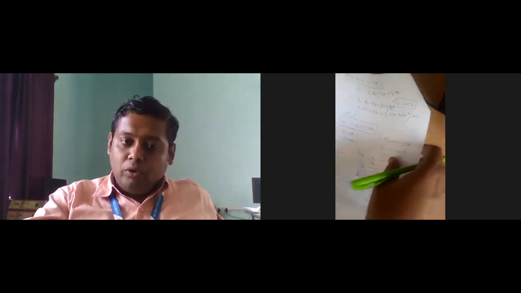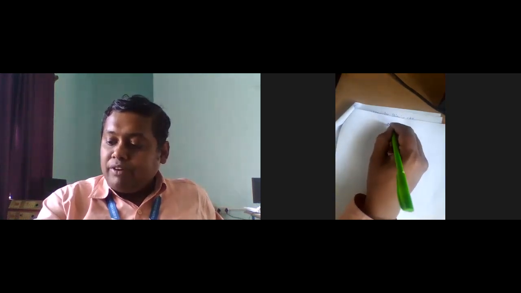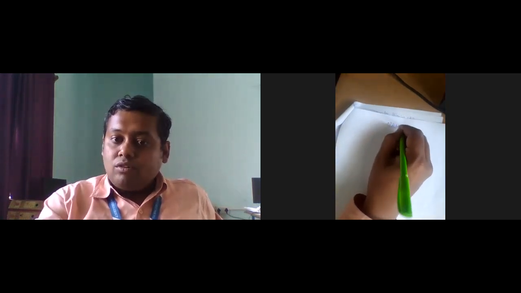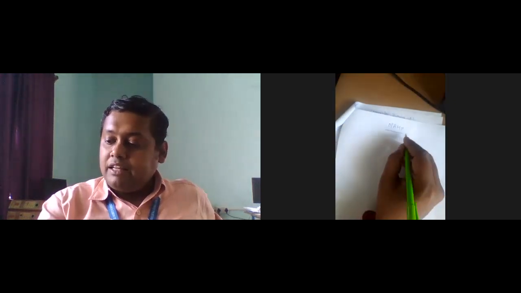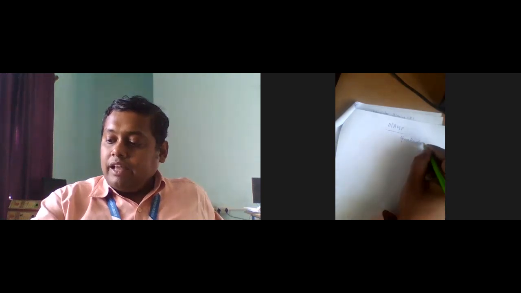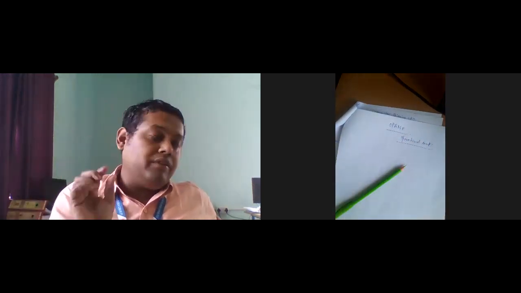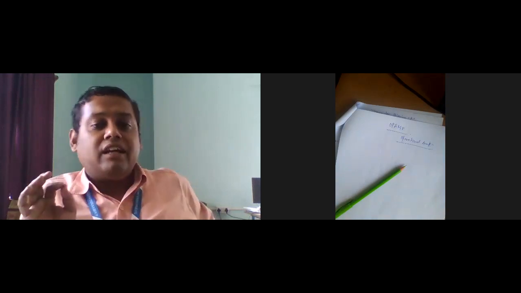Next, we will start a new topic on the operational amplifier, that is the op-amp. Actually, after this transistor, we will focus on, in the syllabus, the field effect transistor or unipolar device. We will discuss that one. But why do we introduce this op-amp? Because this op-amp is linked with the transistor.